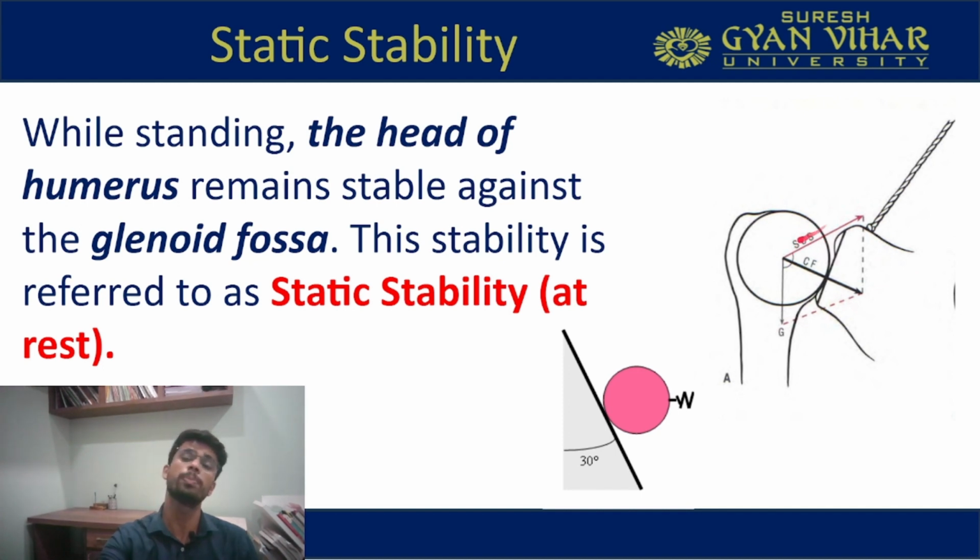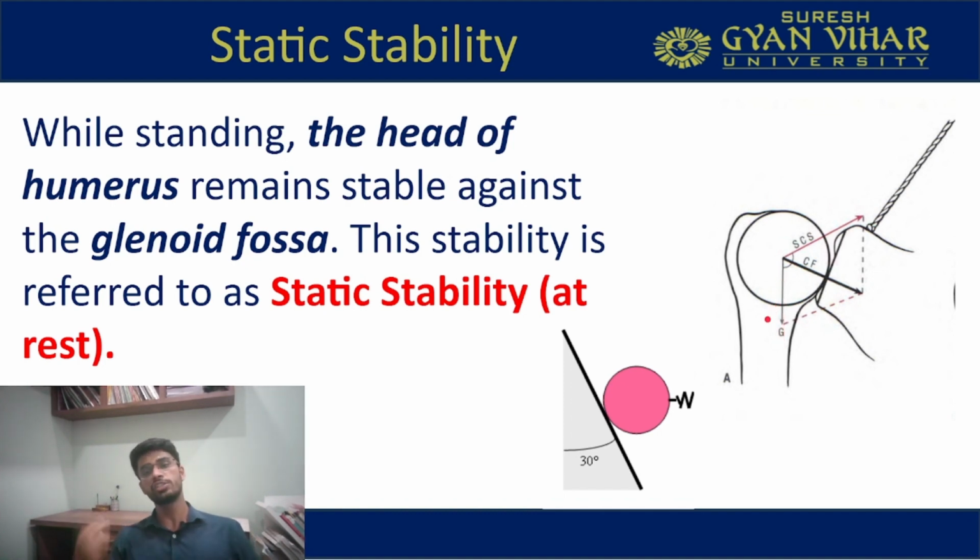Also, there are some superior capsular structures and the supraspinatus muscle which give their line of force like this. What they are doing is pulling the head of the humerus in the upward direction. So this is the line of force of the supraspinatus muscle and the superior capsular structure. Then there is gravity acting in the downward direction. So there are two force vectors. First is coming from the superior capsular structure and the other force vector is coming from gravity. And the resultant of these two vectors is creating the compressive forces at the joint. So over here, this is the compressive force at the joint which is happening as a resultant vector of your superior capsular structure and gravity.